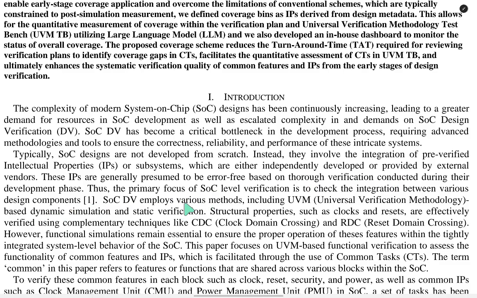SOC-DV employs various methods, including UVM (Universal Verification Methodology) based dynamic simulation, and static verification. Structural properties such as clock and reset are effectively verified using complementary techniques like CDC (clock domain crossing) and RDC (reset domain crossing). However, functional simulations remain essential to ensure the proper operation of these features within the tightly integrated system-level behavior of the SOC. This paper focuses on a UVM-based functional verification to assess